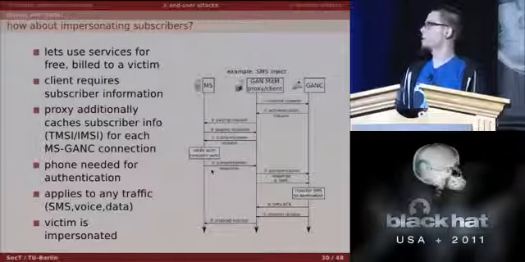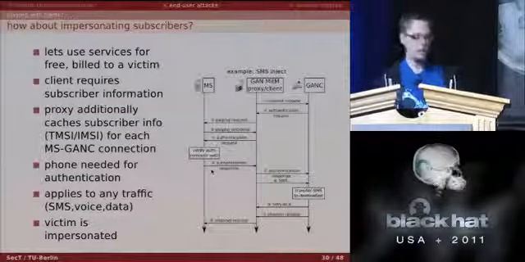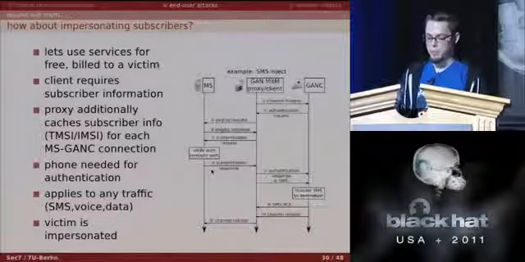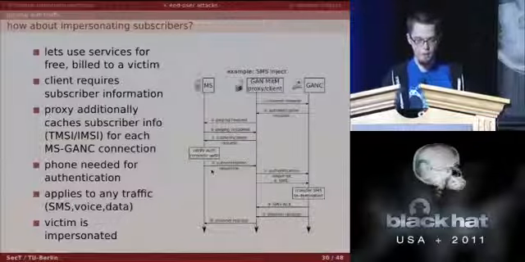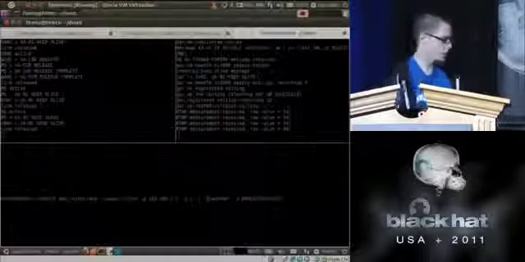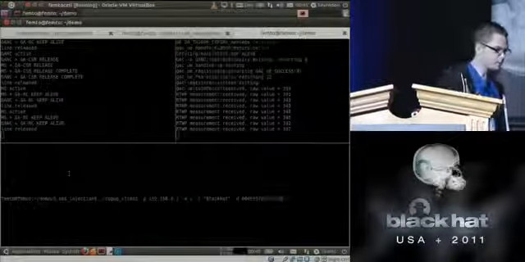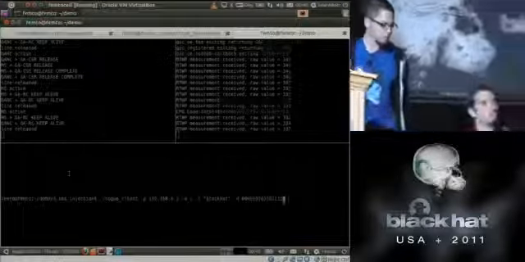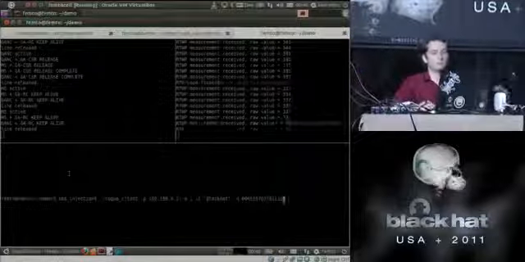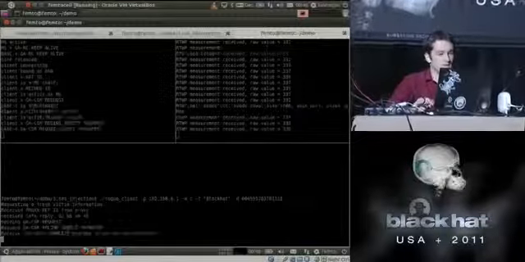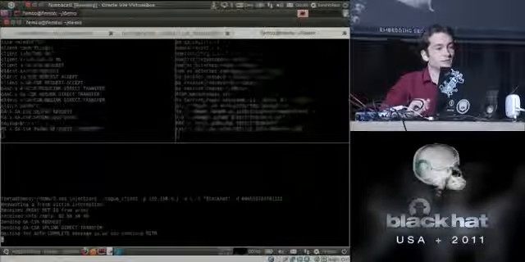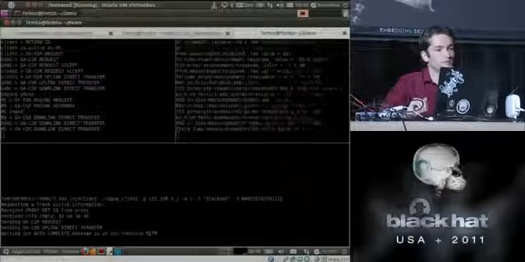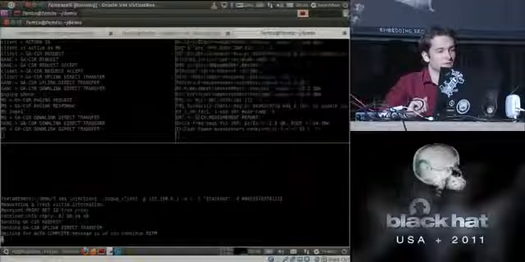So in this case of impersonating via an SMS, the attacking client just continues to push an SMS message into the network. Yeah, I think we have a demo for that as well, and hopefully it works this time. So now this phone will send an SMS to this phone without me having to press something. Here we see the GAN proxy: there's a paging request, the phone is paged, download request, update request, that's the authentication. And once the authentication is done,